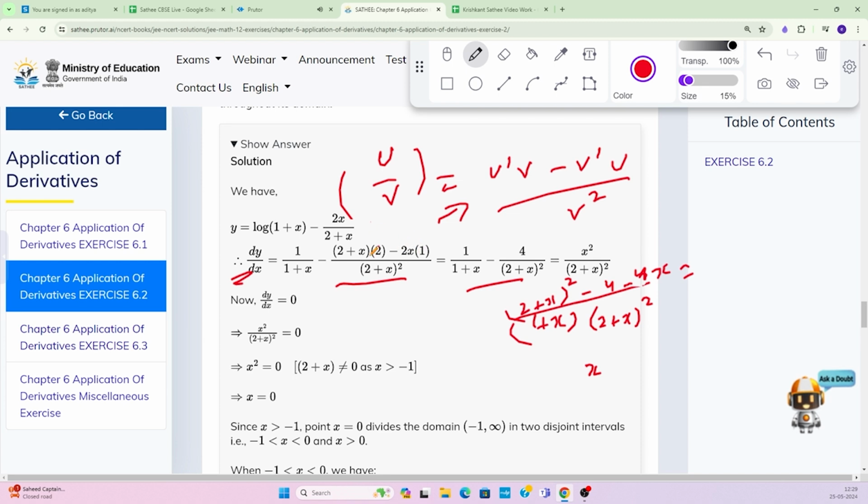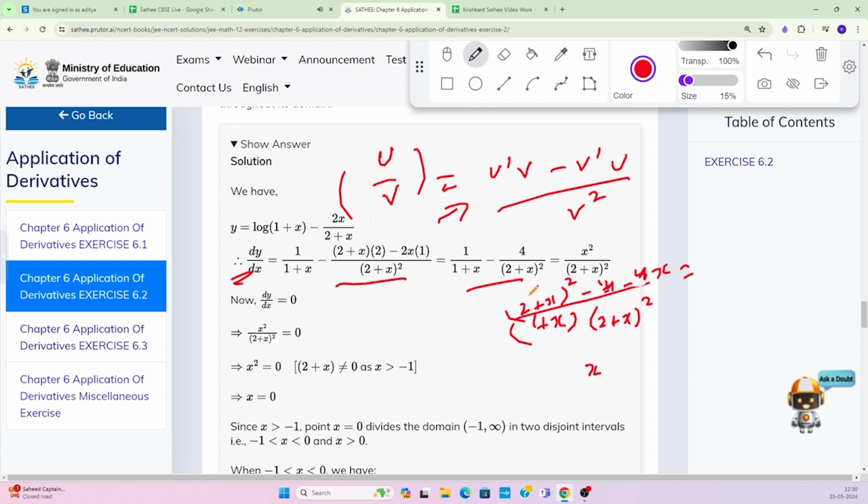Now what is happening, simplifying, this 2x and this 2x will be cancelled. You are already having minus there. This means it will be 2x, 2 plus x whole square. This means 4 plus x square plus 4x. Sorry, 4x, it will be 4x. Now this thing, everything will be cancelled.